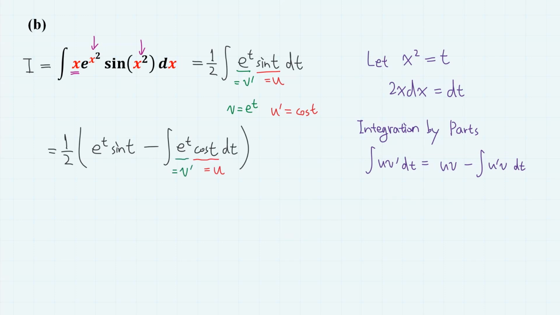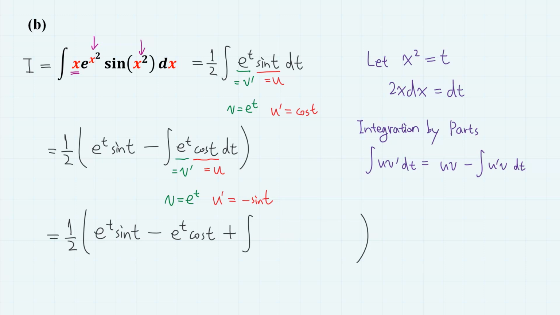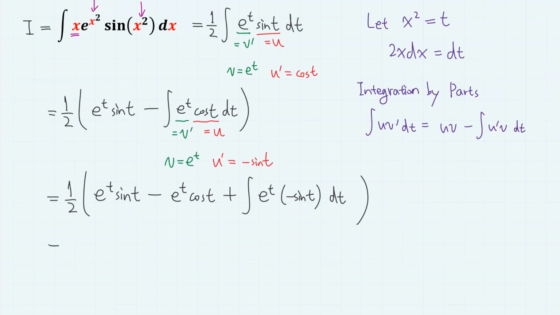This time, let u be the cosine t and v prime be e to the power of t. Then u prime equals minus sine t and v equals e to the power of t. So this time we have first uv, so e to the power of t cosine t. Then, because of the minus sign at the front, we have plus integral of u prime v, which is e to the power of t times minus sine t dt. Therefore, we have 1/2 times e to the power of t times sine t minus cosine t, then minus 1/2